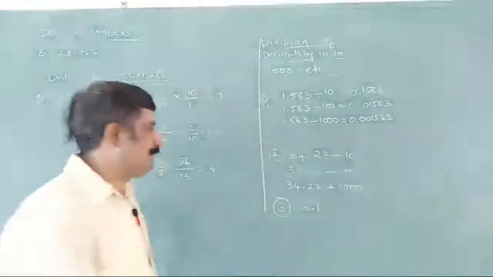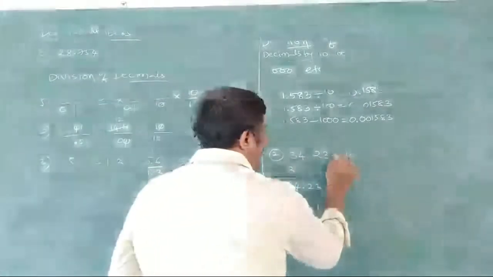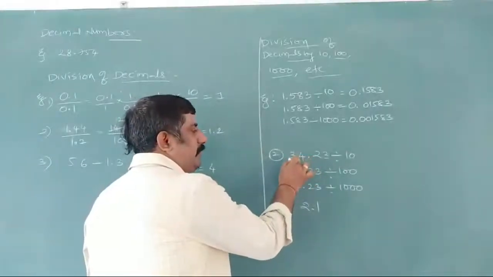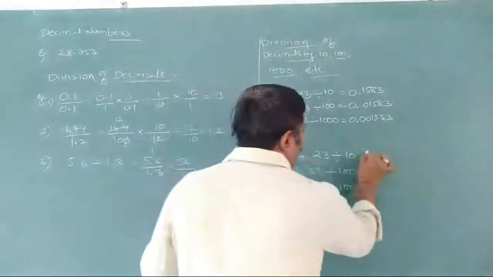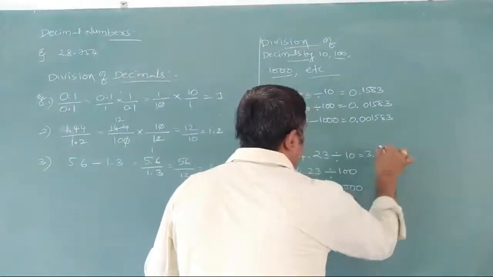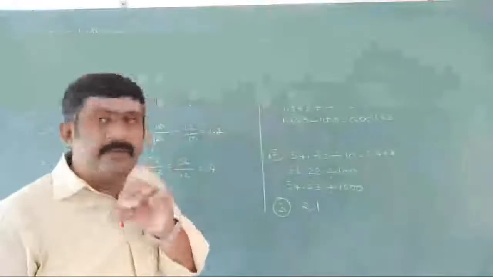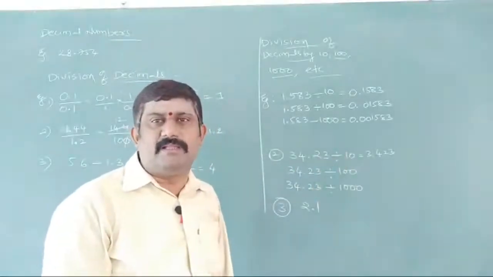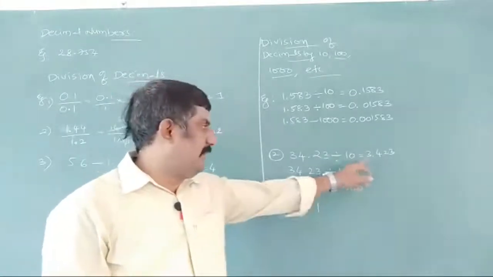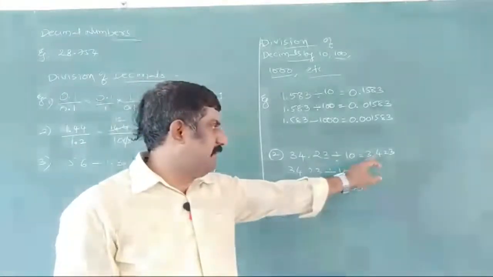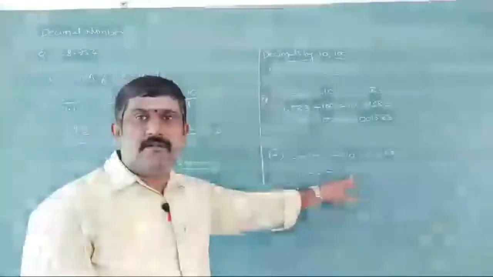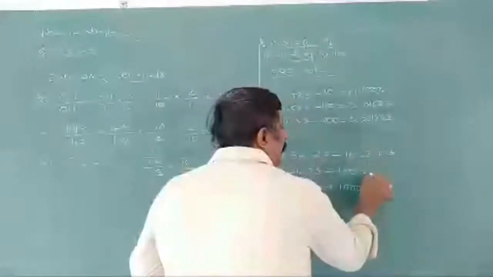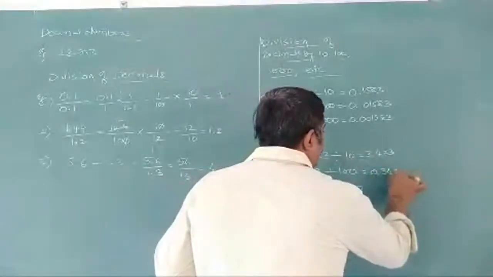Now write down 34.23 divided by 10. So move one place to the left. So this decimal is coming up in between 3 and 4. So the answer is going to be 3.423. Or else, simply another way I'll tell you here. 34 divided by 10 becomes 3.4. By 100, 34, so 0 point we'll get. So what are you going to get now? 0.3423, I am writing.